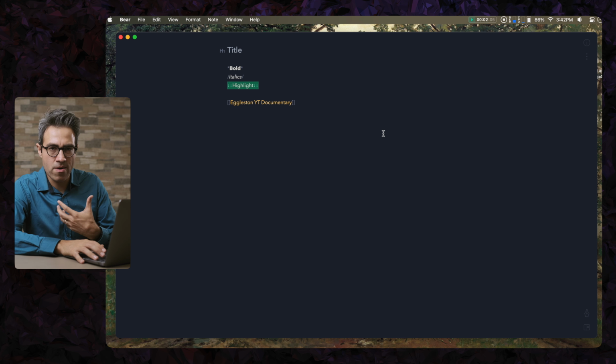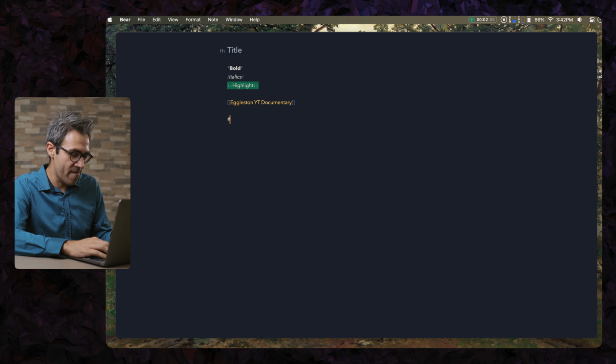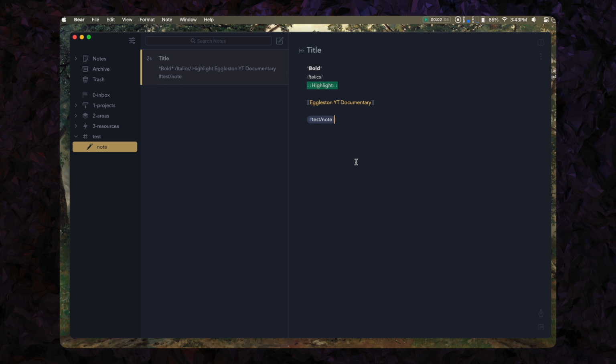About the way that Bear organizes the notes is through using tags. That's also a very special and very cool functionality, I think. For example, let's make this hashtag test. So it creates kind of like this category. And I feel like this is so much better than folders, because if you use tags or hashtags, you can have one note appear in several different places at the same time, which is super useful whenever I am, for